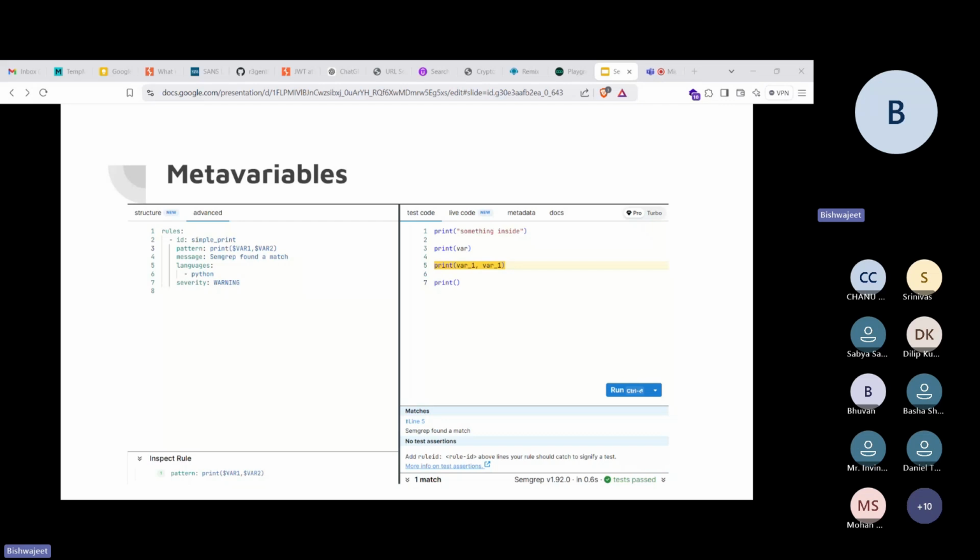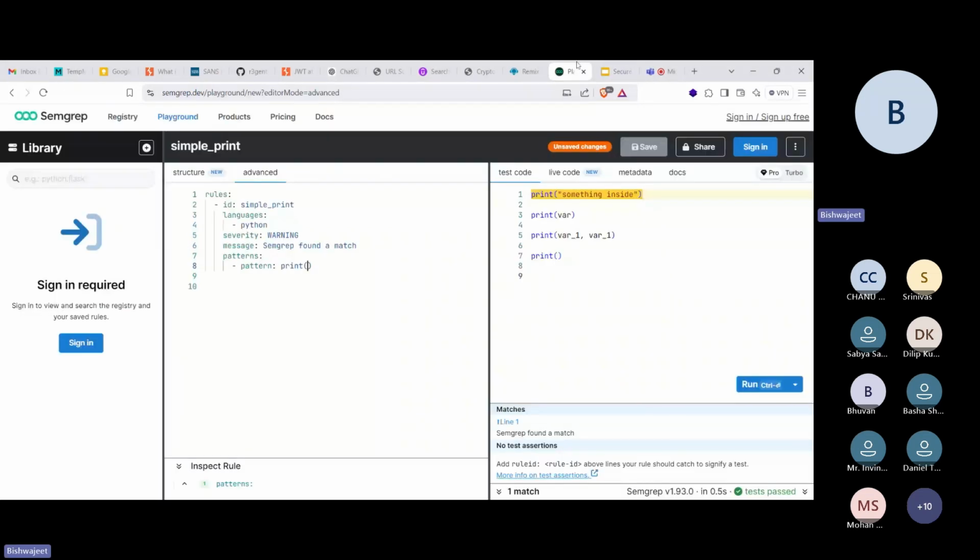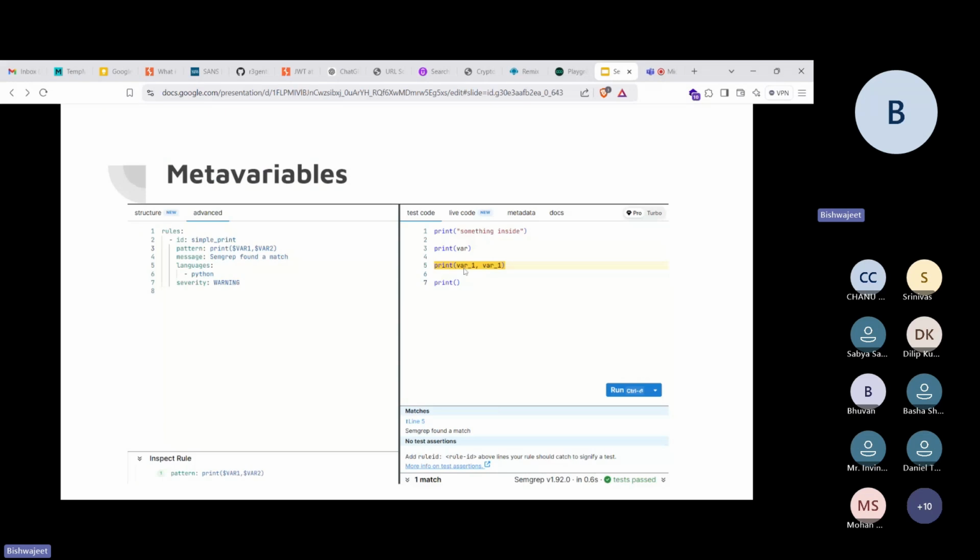That code block or that thing, you can just define as a metavariable, and then you can use it for further analysis in Semgrep. So Semgrep has that feature. Right now I'll be using this metavariable to identify these two variables. Okay. So here you can see a metavariable is like a variable. You define it using the operator called dollar, and after that you write the variable that you want to define,